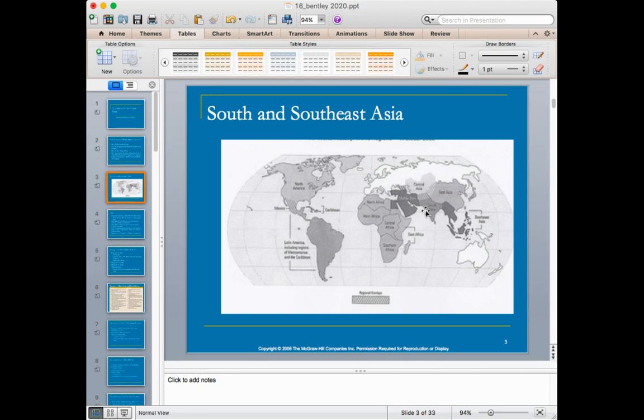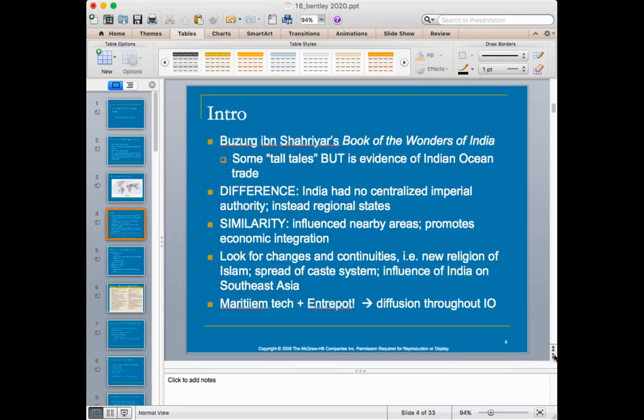So just to make sure that you guys all know where we are, we're talking about South Asia, which is this triangle, kind of shark's tooth looking area, and its impact on Southeast Asia, which is the darker shade down here. So modern countries in Southeast Asia today include Burma, now it's called Myanmar. You have other places like Thailand, which used to be called Siam. You have Indonesia, so make sure you're familiar with where we are in the world. So we're here in India, but it's going to have an influence on this region, just like the Dar al-Islam had an influence beyond its territory.